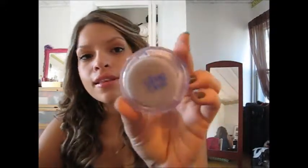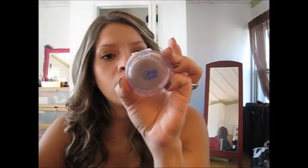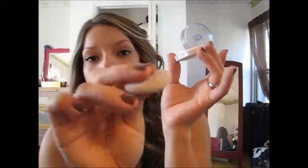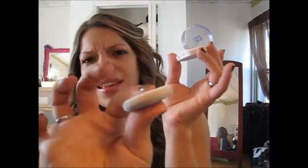And this is this Clean and Clear thing. I've had this for forever. Like literally forever. It's called Clean and Clear Invisible Shine Control Powder. It has this little spongy thing on it that's kind of like the ones that come in the compacts for pressed powders, except this is weird. It's a little more spongy. It's really soft, and that comes in the top compartment,